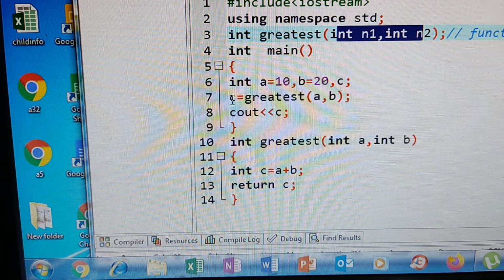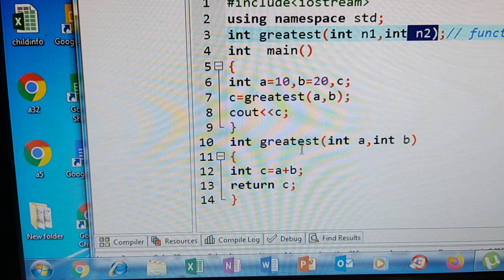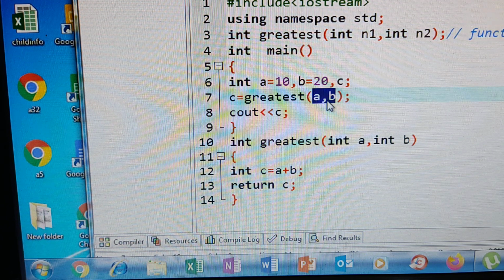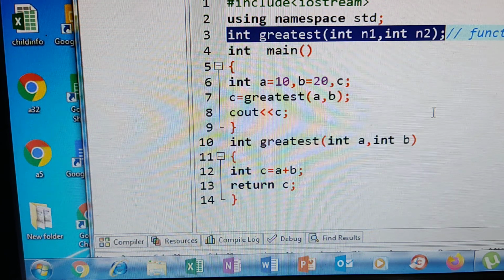So when the main function calls a user defined function, at the time of function calling only it will supply the value. When the main function is supplying a value to the user defined function, we need a variable which receives the value. So here n1 comma n2 are the variables which receive the value when the main function calls it. Now here we are printing C. Now this is only the declaration of the user defined function. In C++, that declaration of a user defined function is called a function prototype.